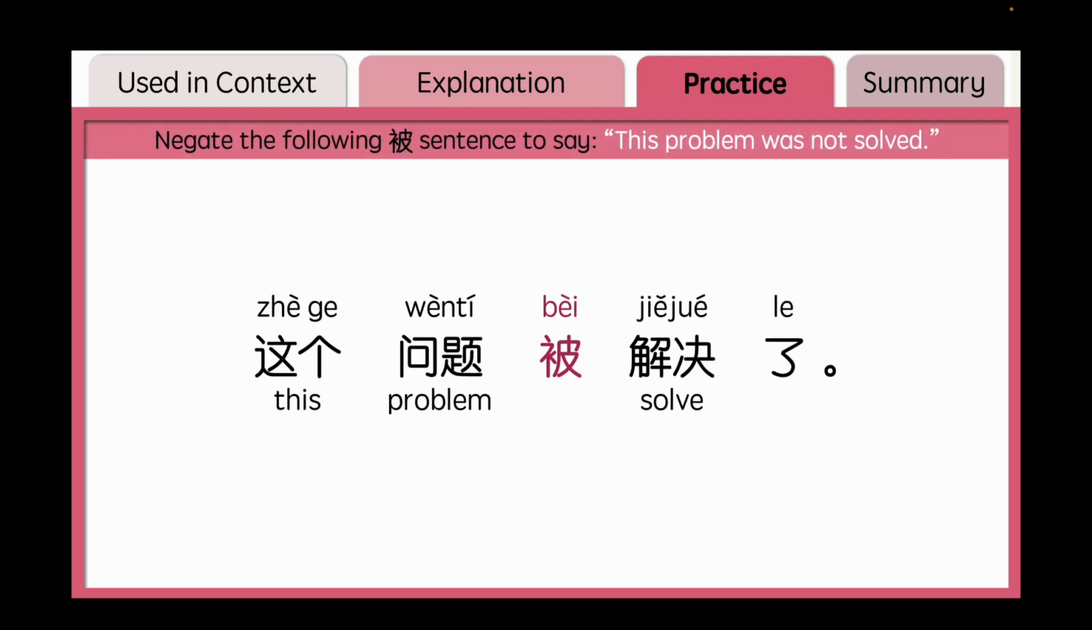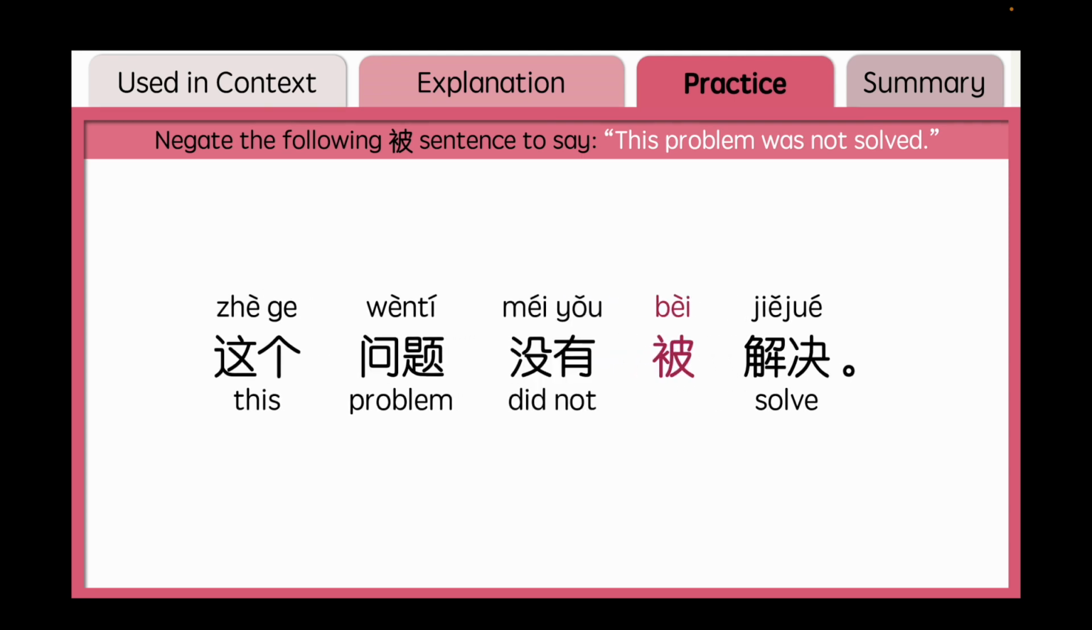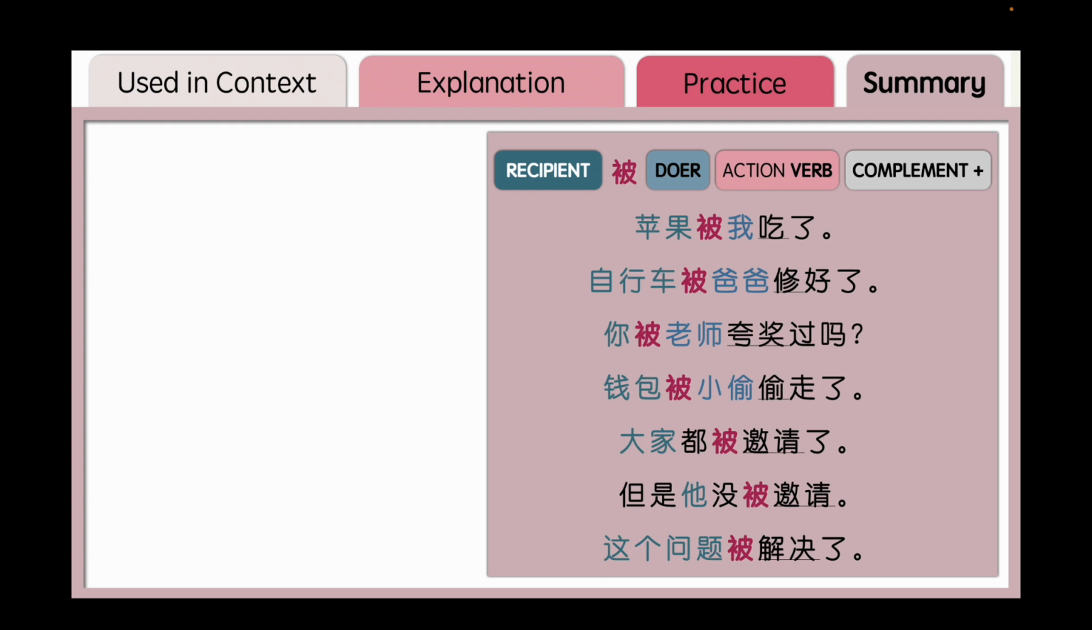Negate the following base sentence to say, this problem was not solved. Again, you can pause the video and think about it first. Yes, the answer is 这个问题没有被解决。You can also say 这个问题没被解决。